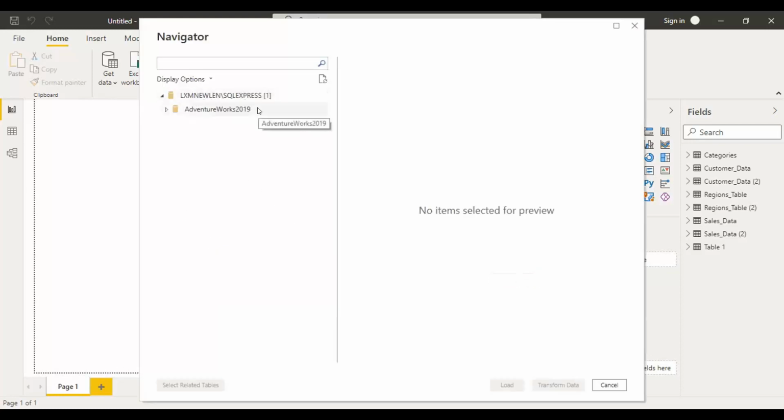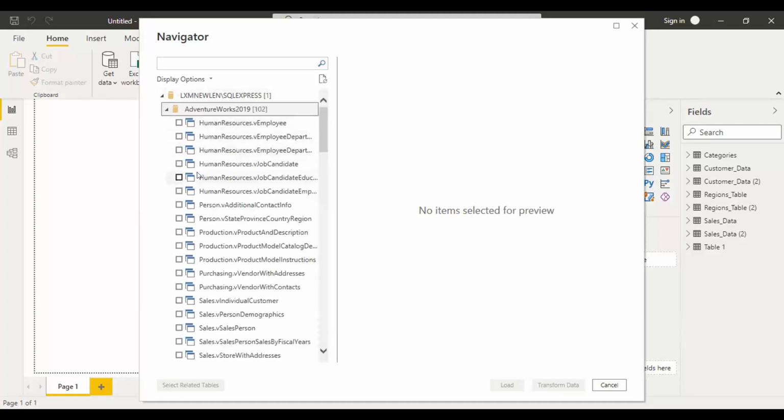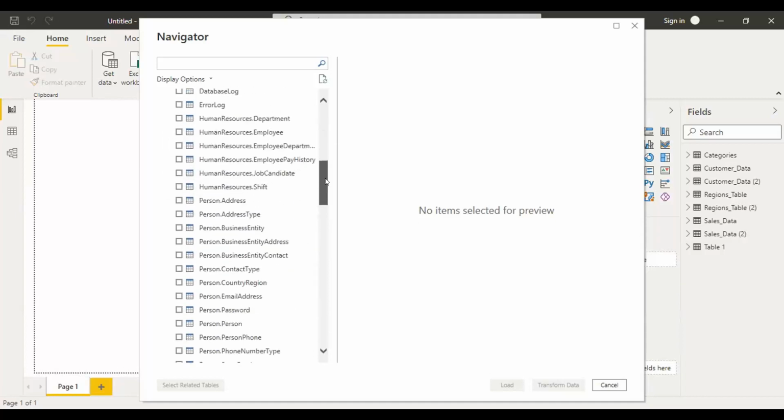And since I didn't give the database name, which is AdventureWorks 2019, it didn't directly go to the database. So I have to click on this, and these are all the tables and views. If it is represented with a V, that is called a view, which is nothing but a virtual table. So we have tables, views, and so many other things.